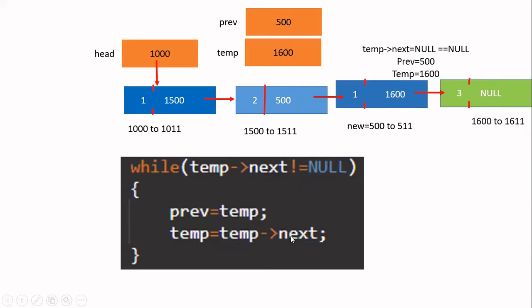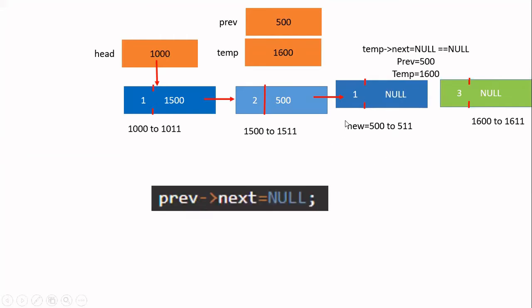I'll be changing this loop here. So now I came out. What I have done now is I found which is the last node. Where is the address of the last node? In temp. So you want to delete this one. When you delete this one, this should have a value as null. Where is this address available? This address is available in previous.